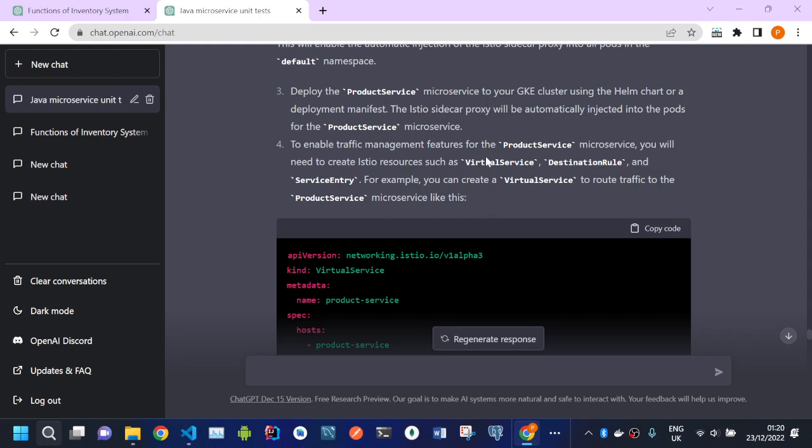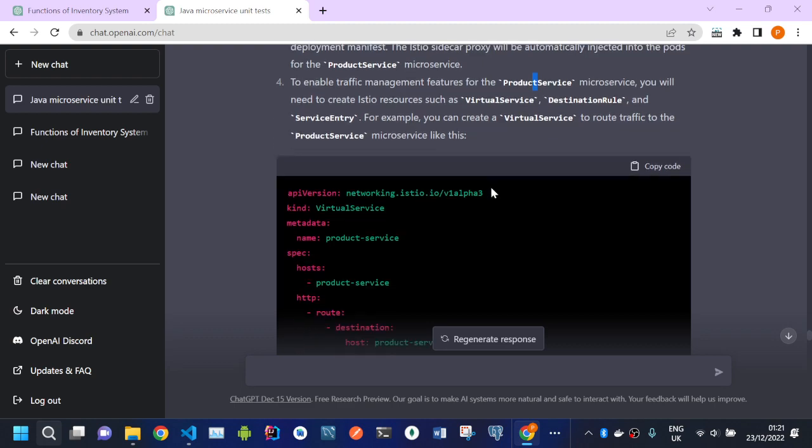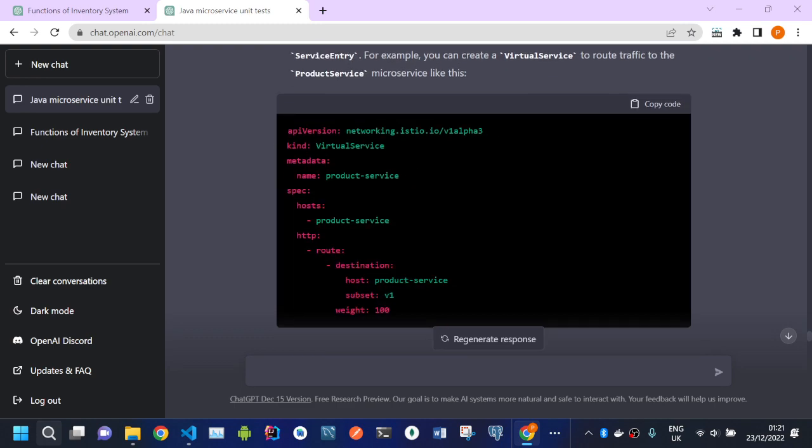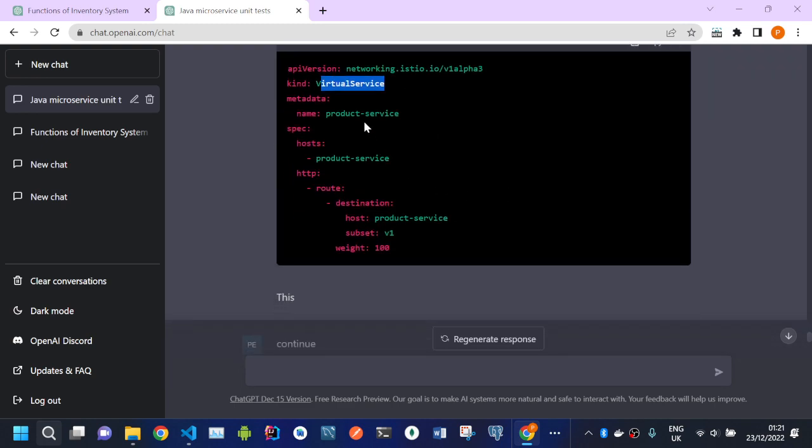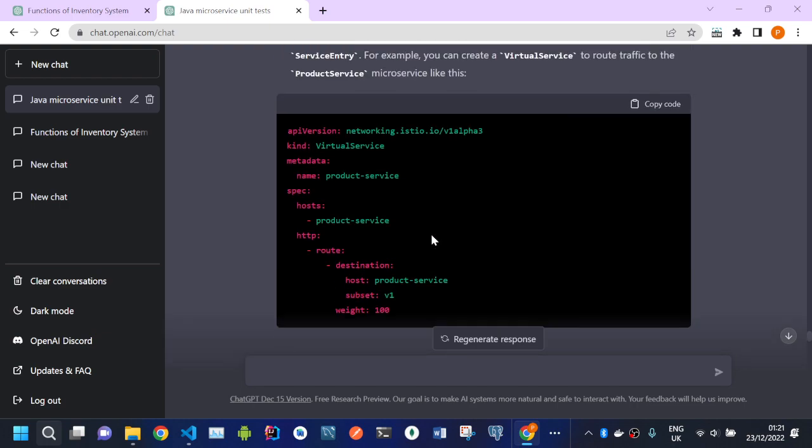You enable traffic management for the product service. You need to have a virtual service and a destination rule and a service entry, for example. So it's telling you that you need all this for Istio. And this looks like a Kubernetes manifest, but this is a virtual service. Just like we have a virtual service for Kubernetes. In this case, for